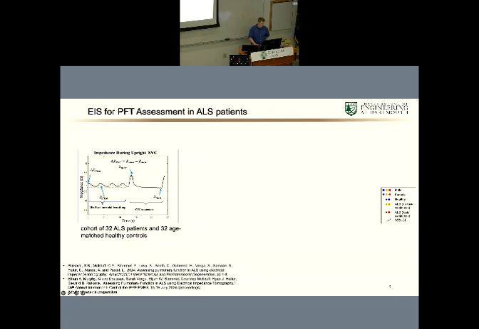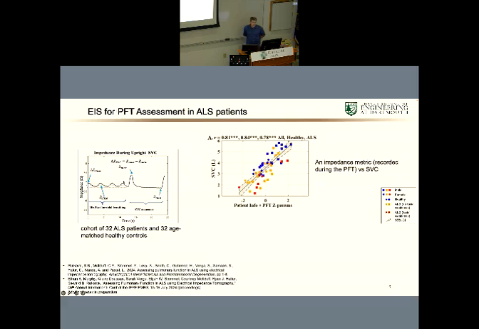They take a really big breath, part of the PFT test, and then they blow it out for a really long time, like 6 to 10 seconds, and then take a big breath in afterwards. We recorded that data EIT-wise, we recorded the actual PFTs, and we end up getting nice correlations. This is from a recent study we just finished, 32 ALS patients and 32 healthy controls. So we're pretty happy with that,